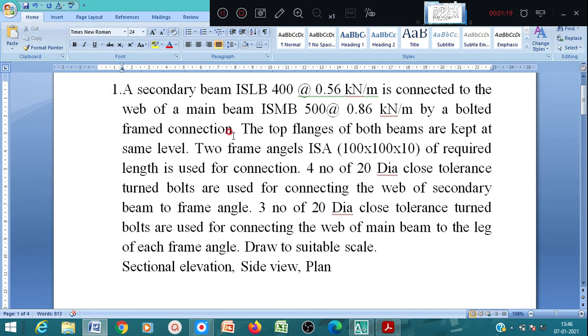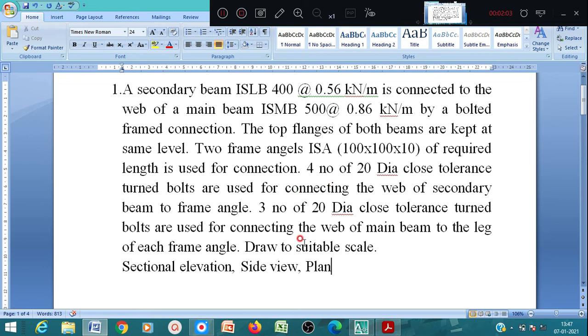Two frame angles, ISA 100 by 100 by 10 mm, are required to make the connection, by four 20 mm dia close tolerance turned bolts connecting to the web of the secondary beam, and three 20 mm dia close tolerance turned bolts connecting the angle to the web of the main beam.